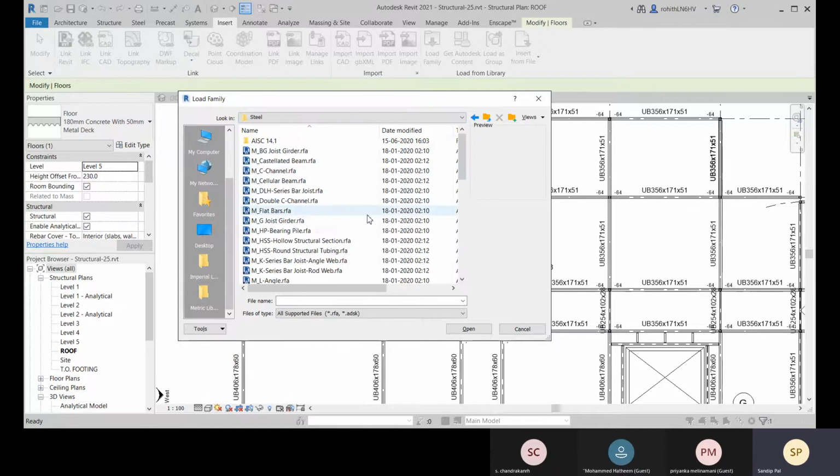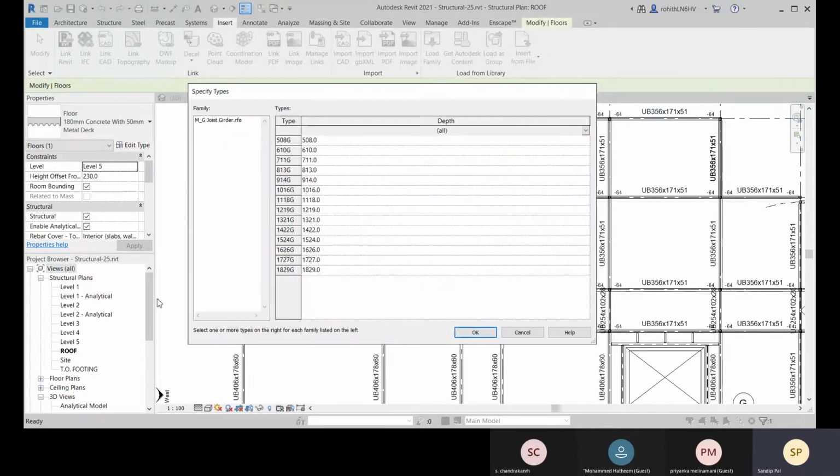If you are using steel, there you have this joist girder. Okay, so that you have to select, and then you can open it, and you'll be choosing the type. Which one you need to select, and this is the depth value, and as per that the naming is there.